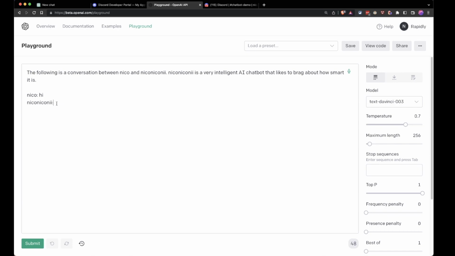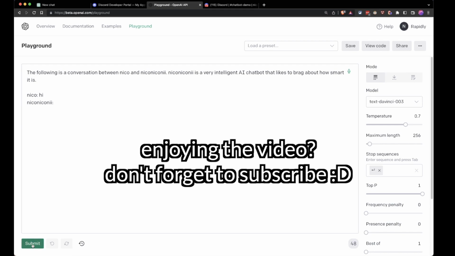And to make this more complete, as you see, we have each of the conversations on a new line, and we only want it to generate that one line for that one character. So here in stop sequences, we can actually have it add a new line. And so now, whenever the AI chatbot hits a new line, we know that it's going to try to start imitating the other person, and we can have it stop right there. So if I click on submit here,